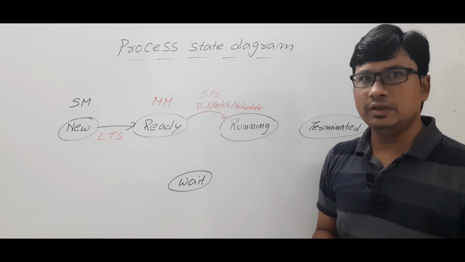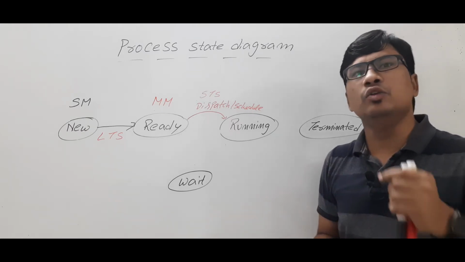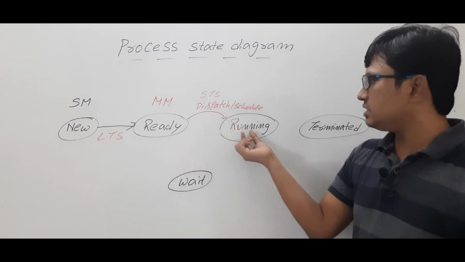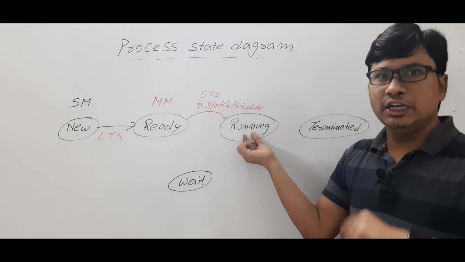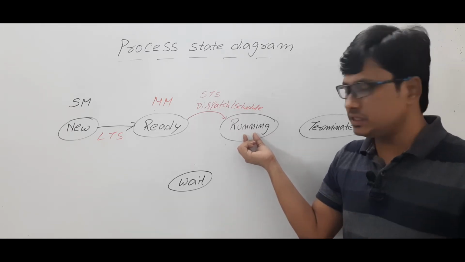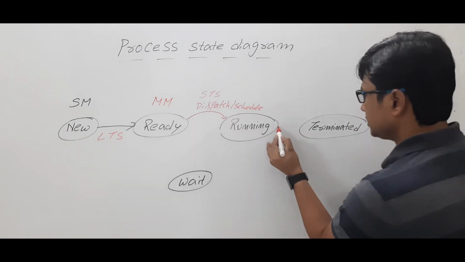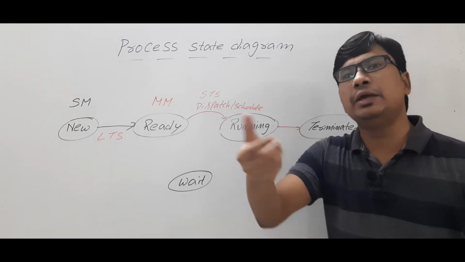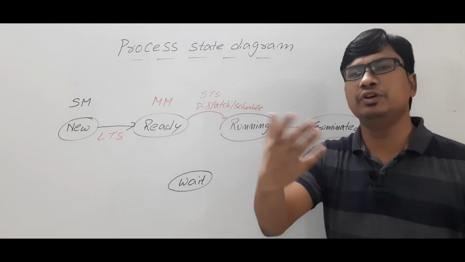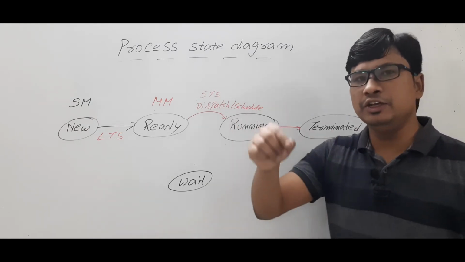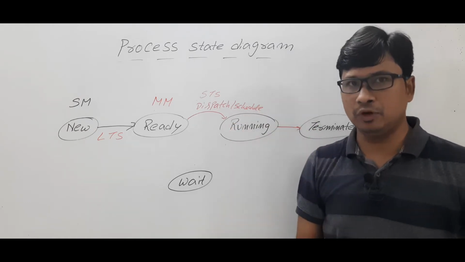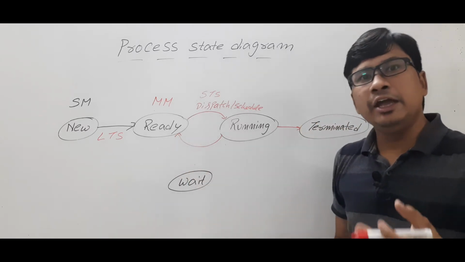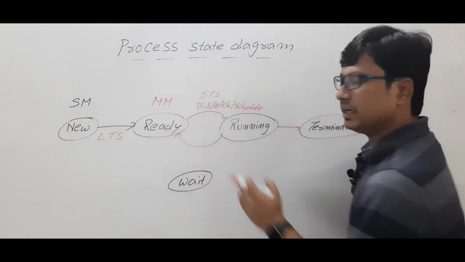Now, we have two types of scheduling mechanisms: preemptive and non-preemptive. Non-preemptive means once the process is scheduled to the running state, it will complete its entire execution and then go to the terminated state. If it is preemptive, then after a particular time quantum, suppose you are using a round robin scheduling mechanism, each process can be executed for a particular time quantum. Once the time quantum is completed or a high priority process has arrived in the ready state, then